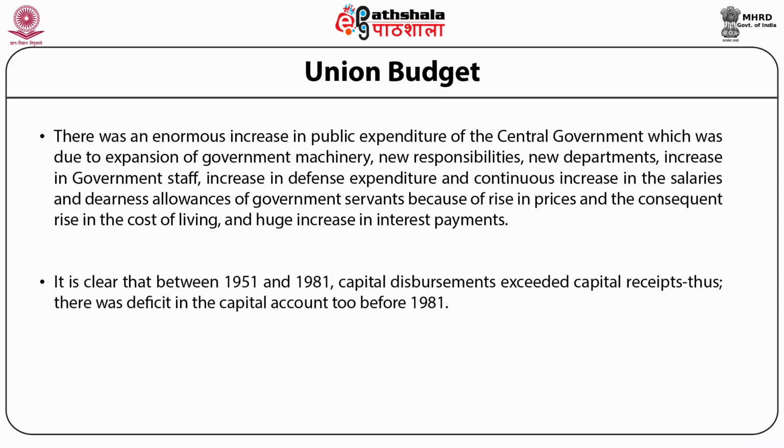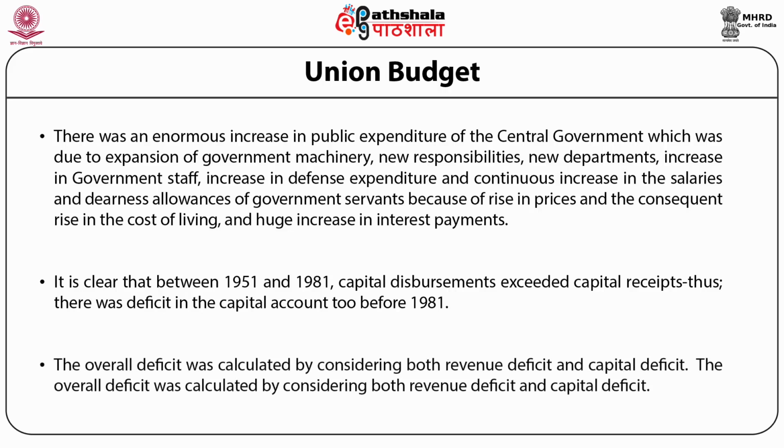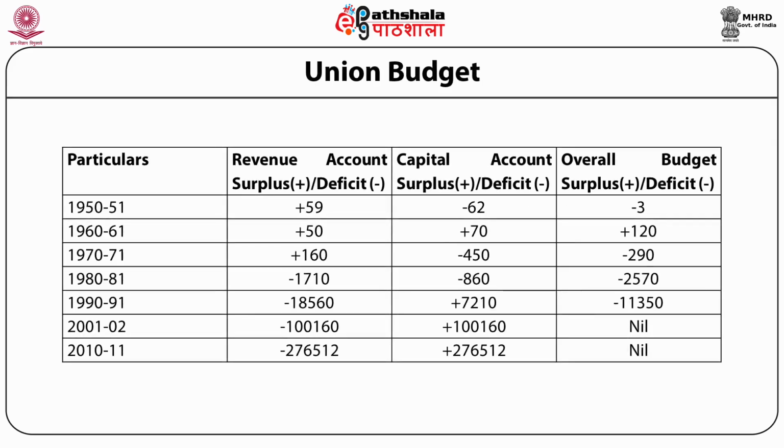It is clear that between 1951 and 1981, capital disbursements exceeded capital receipts. Thus, there was a deficit in the capital account too before 1981. The overall deficit was calculated by considering both revenue deficit and capital deficit. As we can see, this table shows the figures related to revenue account, capital account, and overall budget deficit or surplus from the year 1950-51